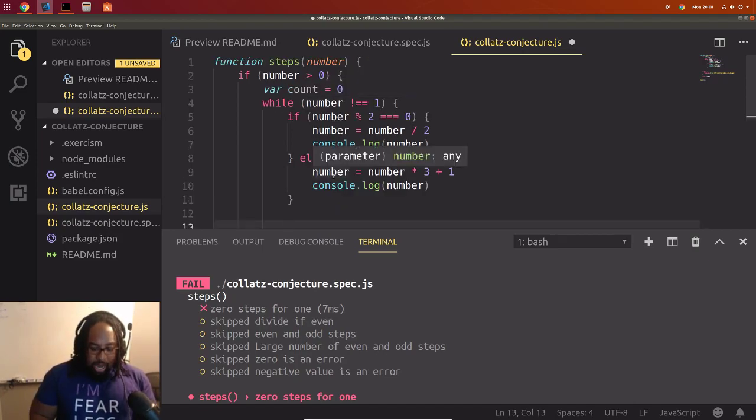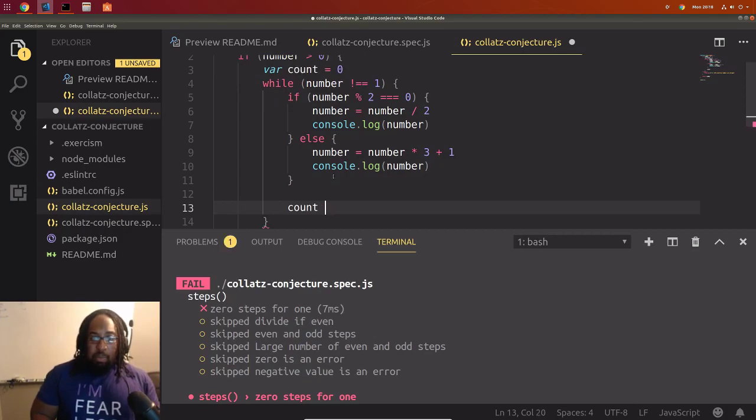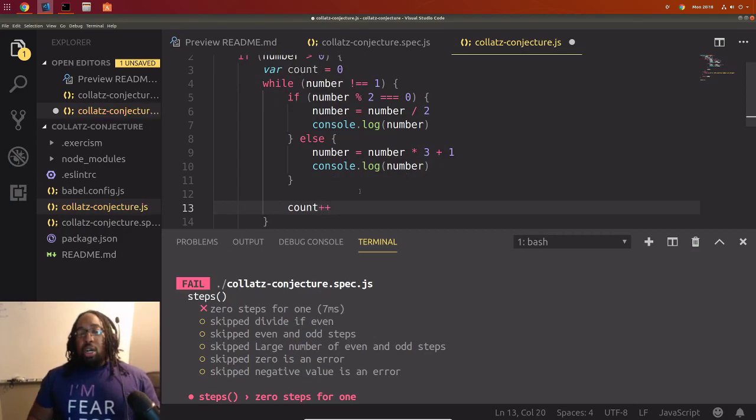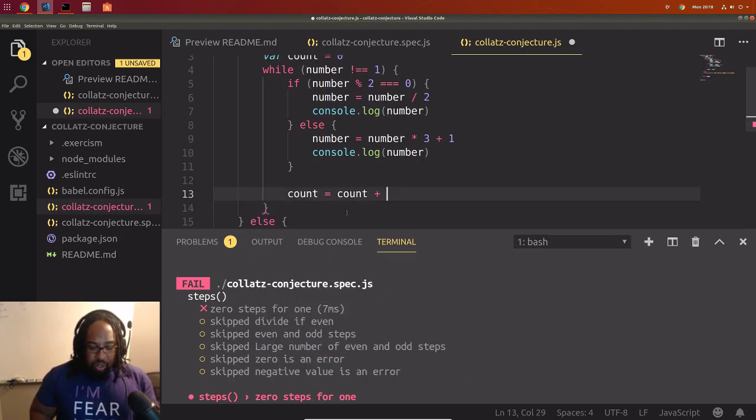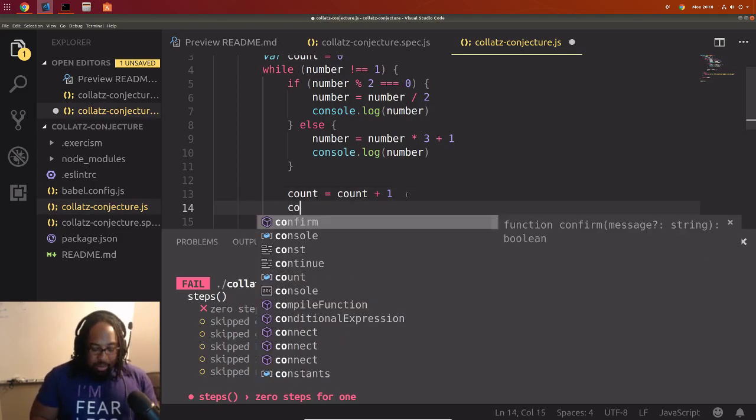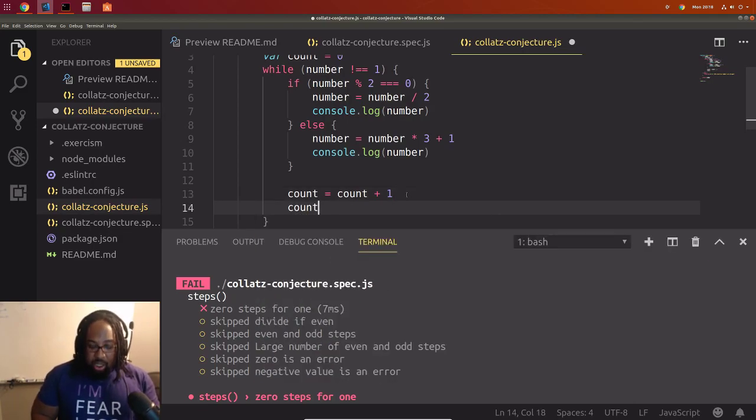So we're going to say count plus plus. This is again a shorthand thing. This is the same thing as count equals count plus 1. This is shorthand in a whole lot of languages. You can just do count plus plus.